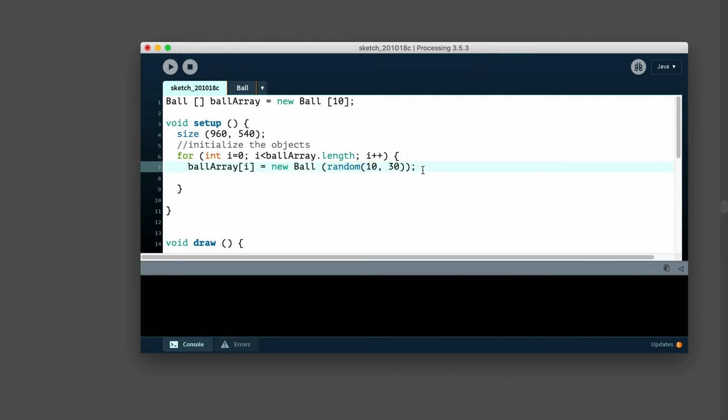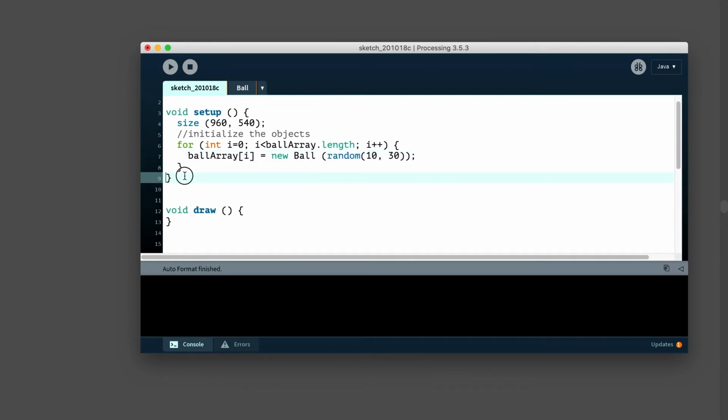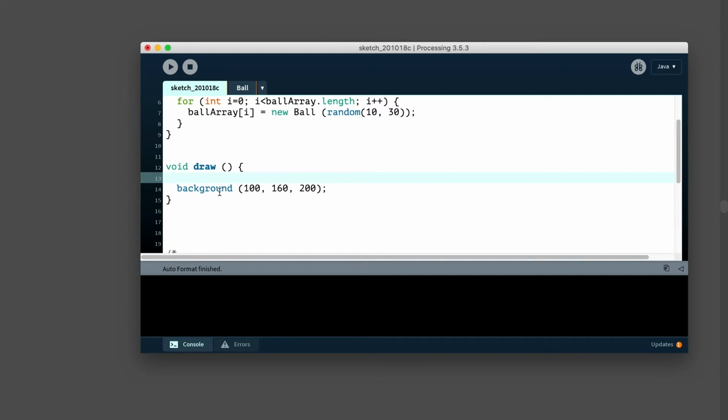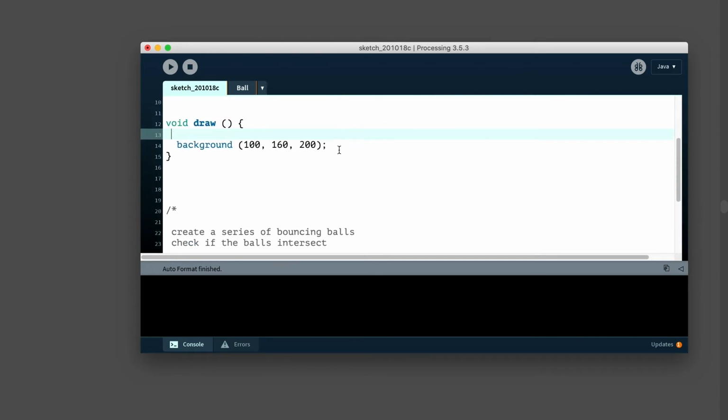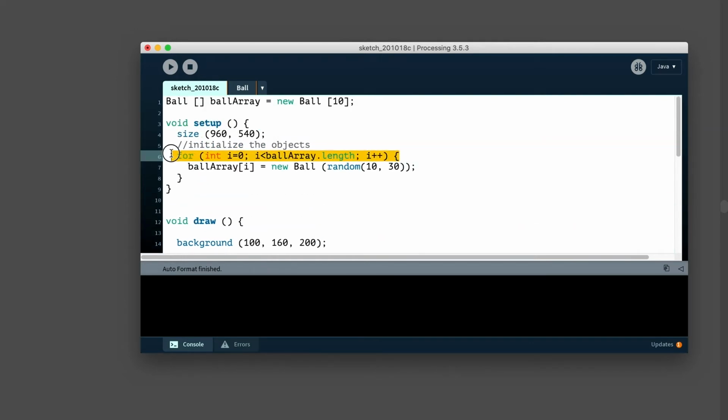And again, refactoring or just changing your code to make it better for your situation is something you should do as you get going. So let's start the background. I'm going to just put a bluish kind of color down. And again, I've declared it and created it, I've initialized it here, and now I need to run through the whole array.